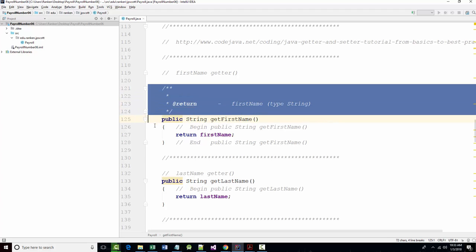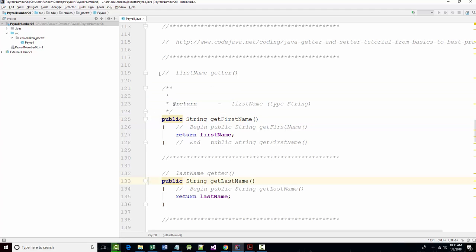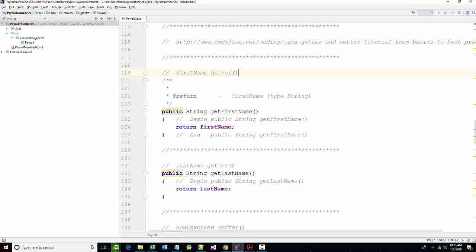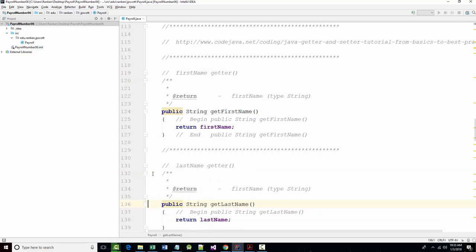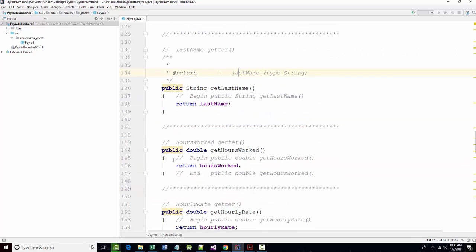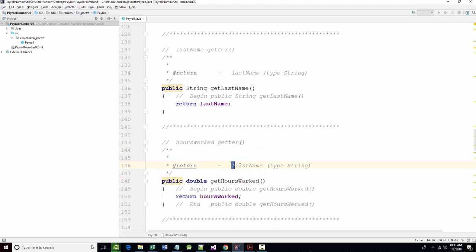Just gonna copy this. This will be then last name, which is of type string. This will be